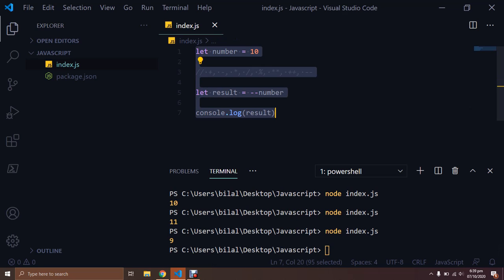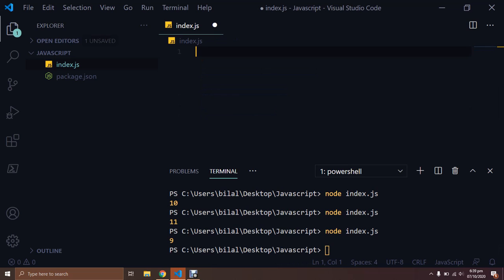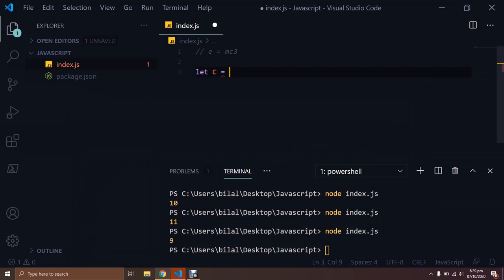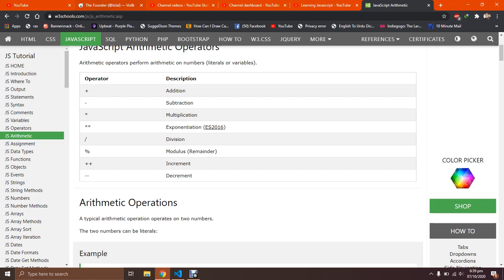Before I go, I want to do one more example here, and we are going to calculate E equals MC squared, right? So let's say let C equals, and believe it or not, by the way, this is the